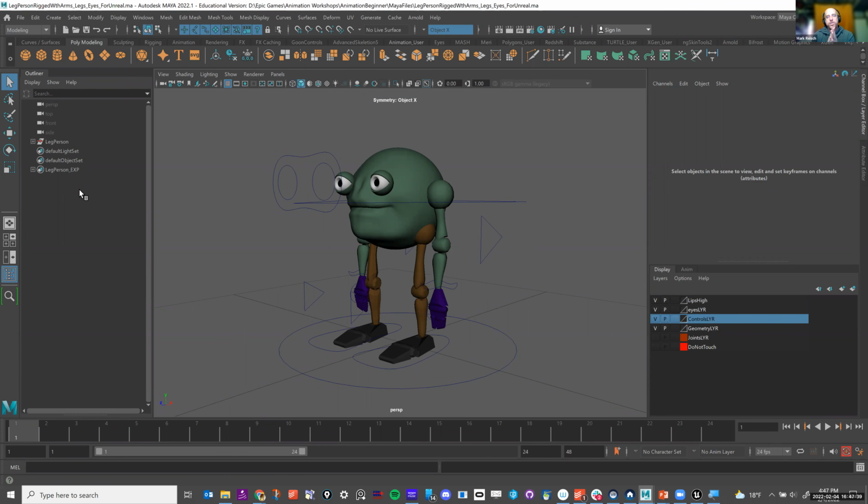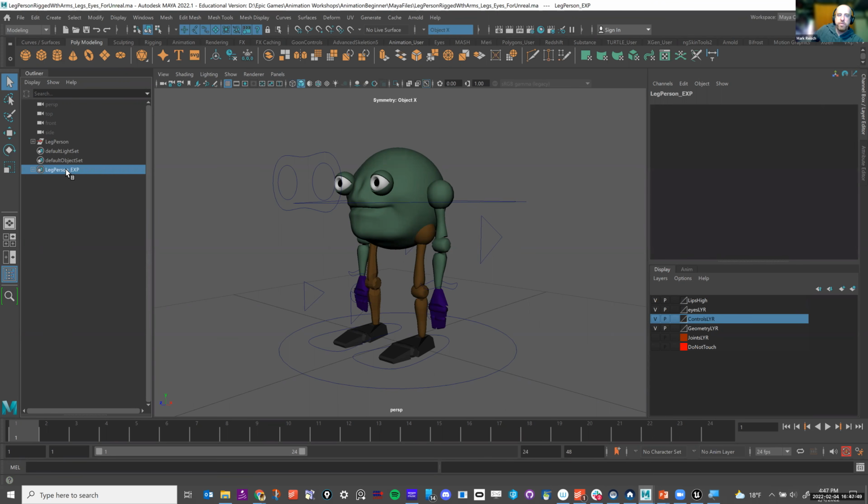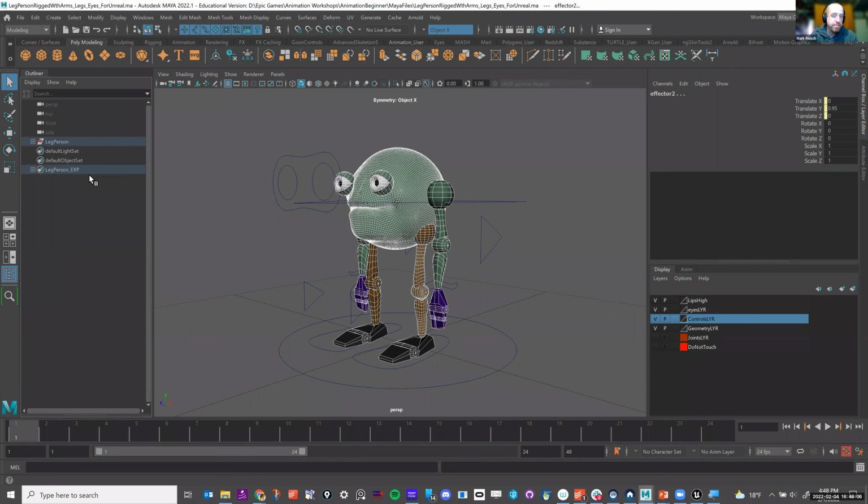The one thing that I also wanted to say that you probably want to add is this selection set. You may or may not have used selection sets before, but basically all it is saying is, okay, I want to select all these things and I'm going to be using them later. And I just want to be able to select them quickly. To select them quickly, once you do it, you can just right mouse click on it, select membership set, and then it'll select the things.